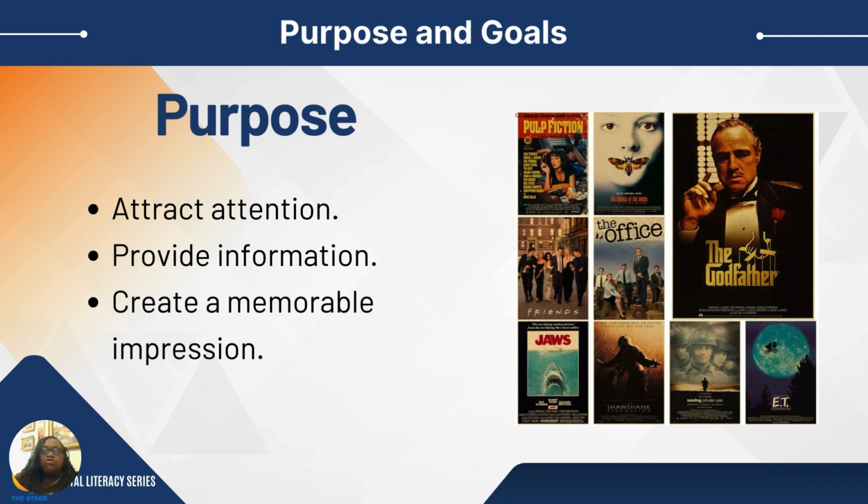One, attract attention. Two, provide key information about the film. And then three, of course, create a lasting impression that entices viewers to watch the movie. Now, why I bring that part up in creating a memorable impression, I don't know about you all, but even